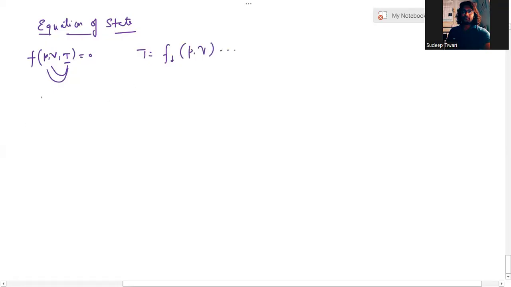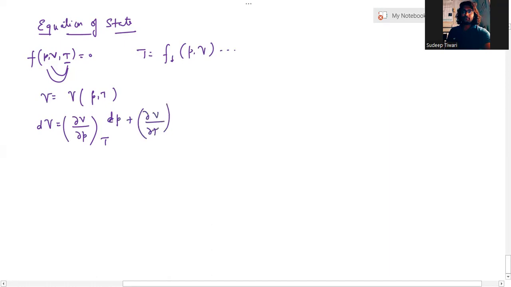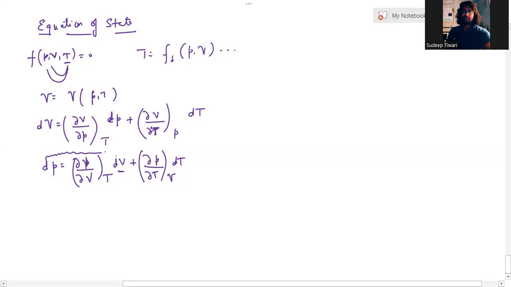From this, we wrote that volume is a function of both pressure and temperature. And from here, the differential change in volume, I can write as del V upon del P at a constant temperature times dP plus del V upon del T at a constant pressure times dT. Similarly, I can write dP as del P upon del V at a constant temperature dV plus del P upon del T at a constant volume dT. And from here, I substituted this in place of dP,